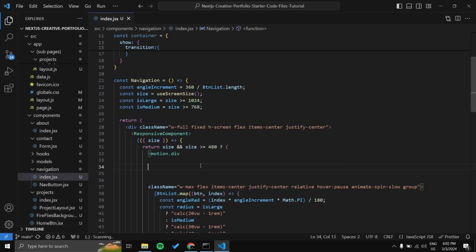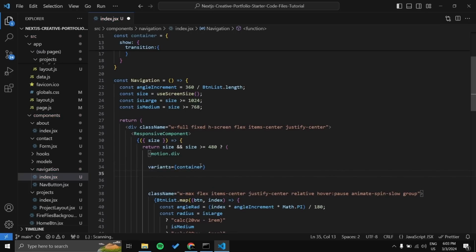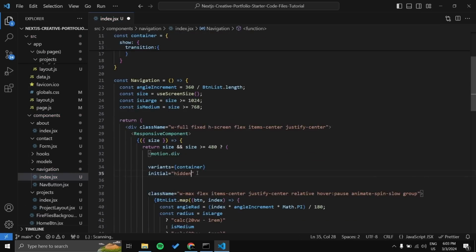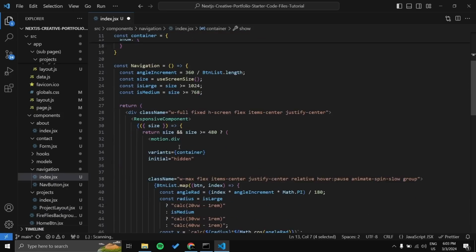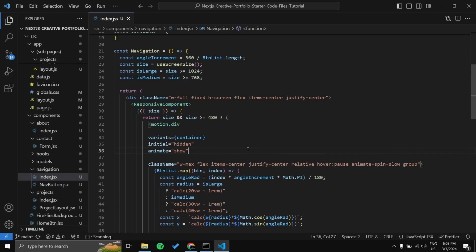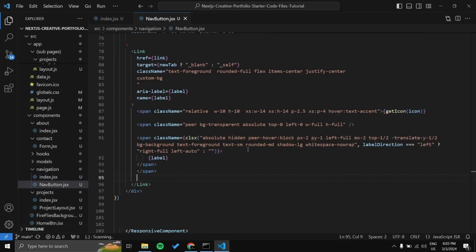So we can use something called variants, and in the variants you can directly pass the container, and let's set the property to hidden for the initial and show for the animate. So it will not work because we have yet to implement it in the nav buttons. So let's open the nav button,